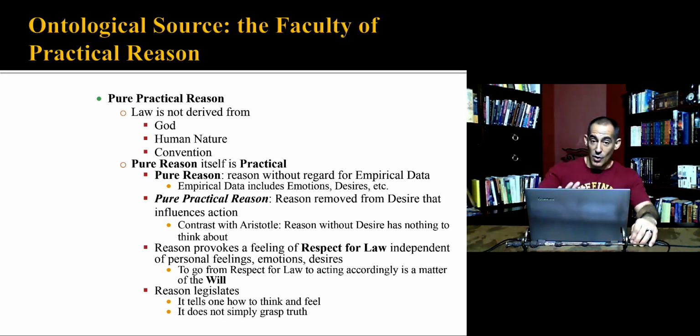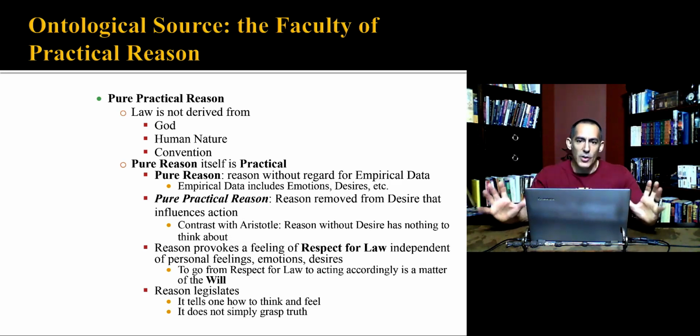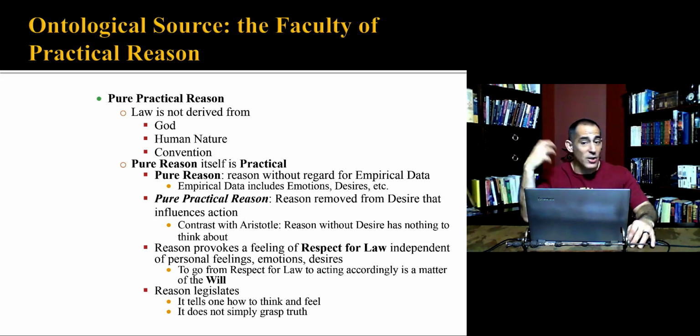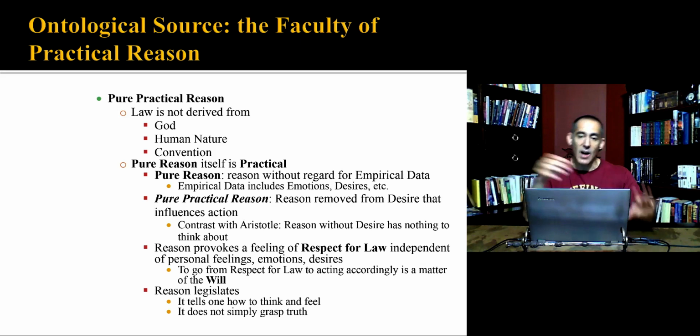So I'm trying to speed up a little bit and not be overly redundant, which I feel like I am at points. But as an ontological source, we're saying, where's the grounding from? Where does this come from? Where does this whole thing rest on its foundation? And for Kant, it's not God. It's not a divine command theory. It doesn't rest in our human nature, and it doesn't rest in convention. It's not just something different societies come up with. It has something deeper, and it's a way to get around an absence of God and an absence of some kind of teleological human nature, essentialism, to get us a foundation that is going to be objective.